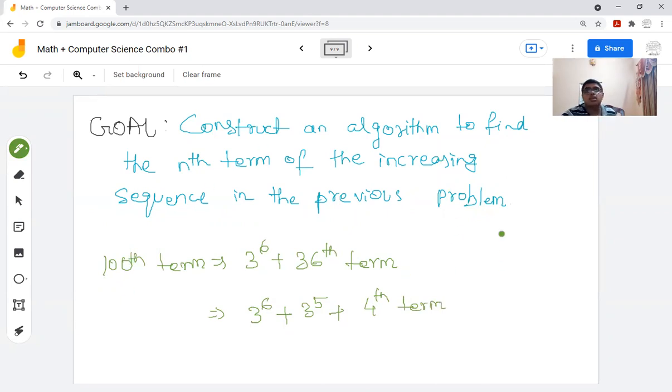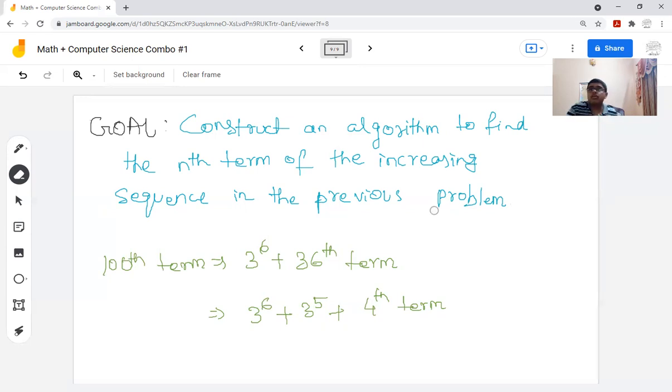You can verify that, with the same thing which we did, the 32nd term is 3 power 5. So the next thing is what? The sequence repeats, right? 3 power 5 is gone. Then the 33rd would add a 3 power 0. The 34th would add a 3 power 0 plus 3 power 1. Then add a 3 square and so on. The same thing repeats, which was in the previous list. So we can construct an algorithm like this.